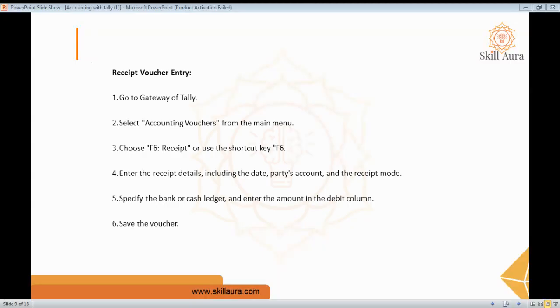The next one is receipt voucher entry. Same as the purchase voucher, payment voucher, and sales voucher, this is also the same procedure, but here the first step is the Gateway of Tally, where you choose which company you're going to work with. Then you click the main menu, select the accounting voucher, and then choose the receipt voucher. The shortcut key for the receipt is F6, and you have to enter the details of the receipt